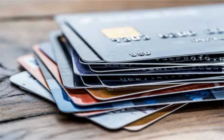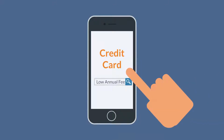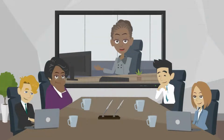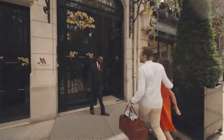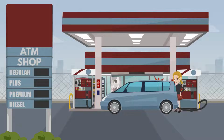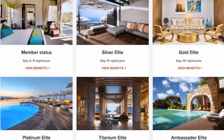Overview. Are you looking for a great business card with a low annual fee that is aimed at travelers? This Marriott Bonvoy Business review will assist you in determining whether or not the Marriott card is appropriate for you. Free nights at Marriott hotels, bonus points for purchases at U.S. restaurants, gas stations, shippers, and wireless service providers, and complimentary Silver Elite status at Marriott hotels are all appealing to